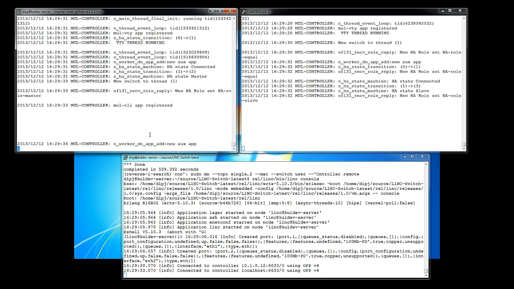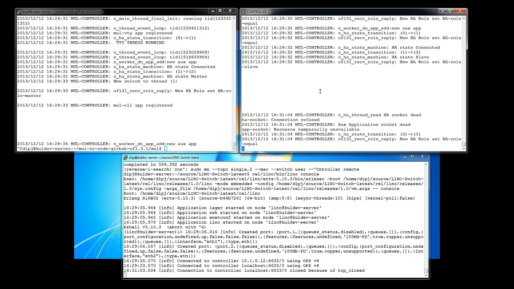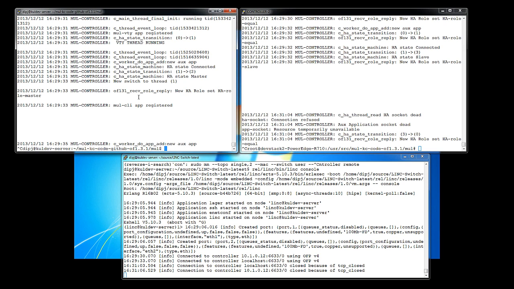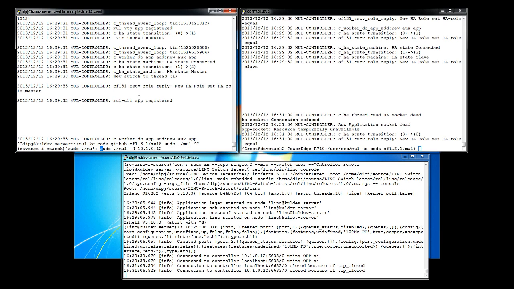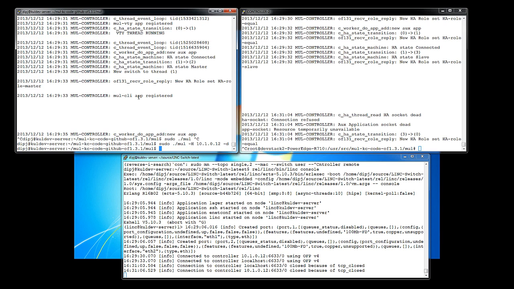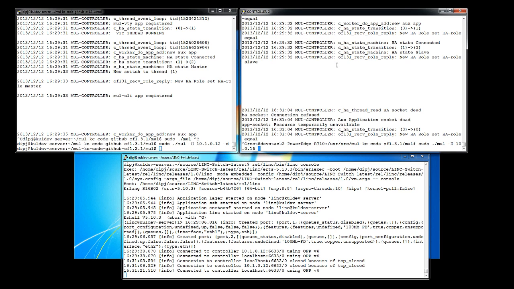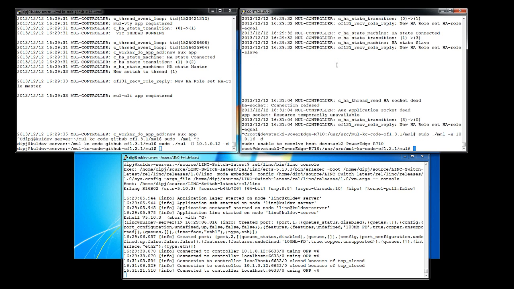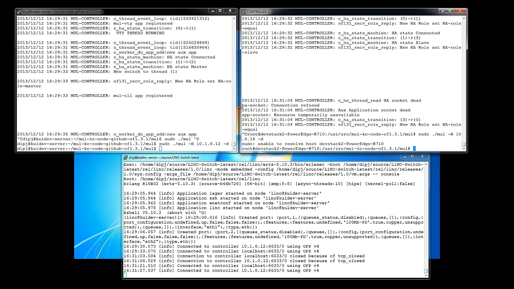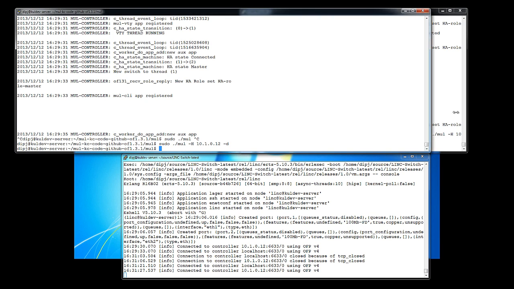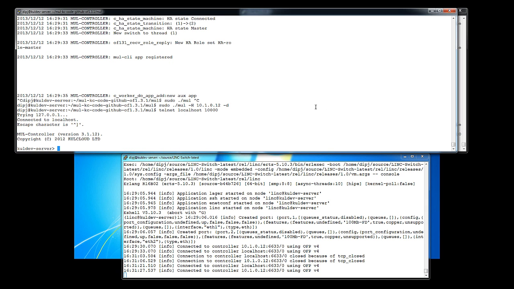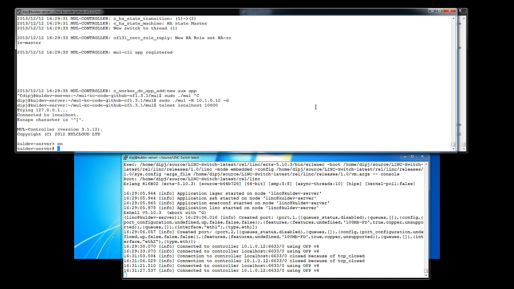For that, let us run the controller in the background so we have visibility into our CLI. Okay, so as you see,